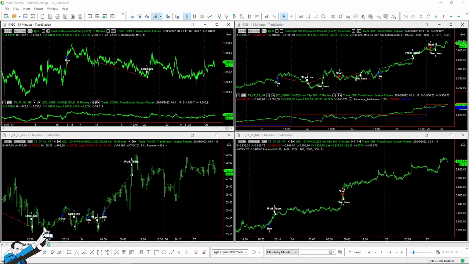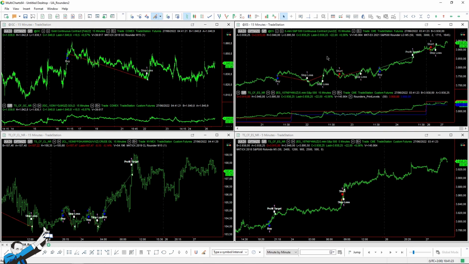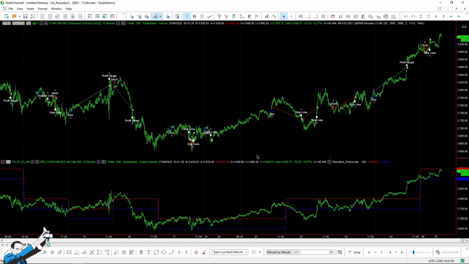Today we're going to go back to some of those strategies, of which this one, we had seen the script together. It was coded in December 2021, and basically it does nothing more than just enter on the round 50-point ranges. So let's look at the indicator below.